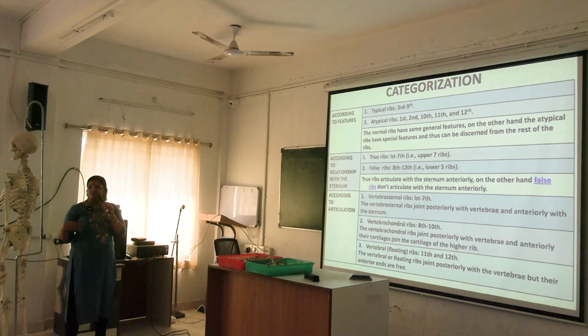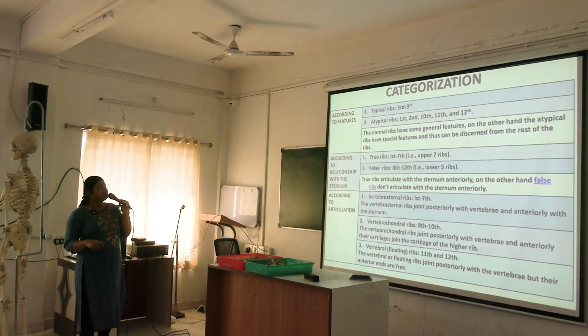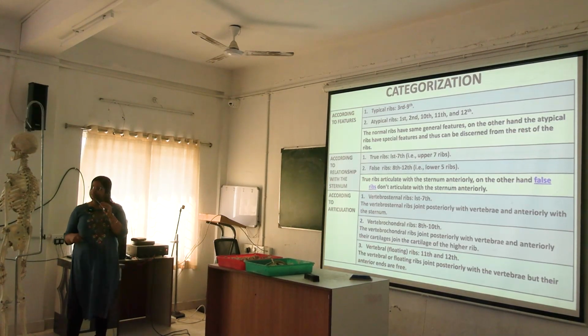Those which are articulating with the sternum via the costal cartilage directly are known as true ribs. 1st to 7th ribs are true ribs, and false ribs are 8th to 12th. Lower 5 ribs are false ribs, and true ribs articulate with the sternum anteriorly. On the other hand, false ribs don't articulate with the sternum anteriorly. Okay,